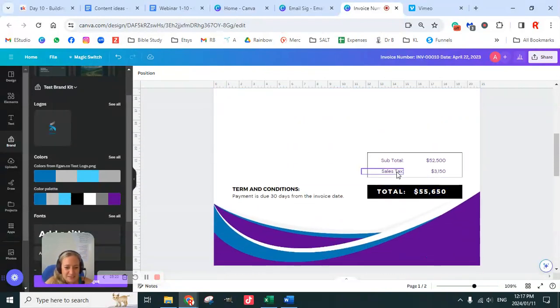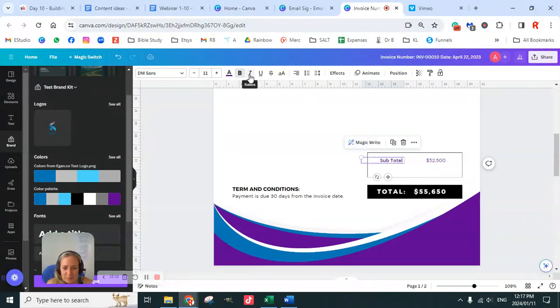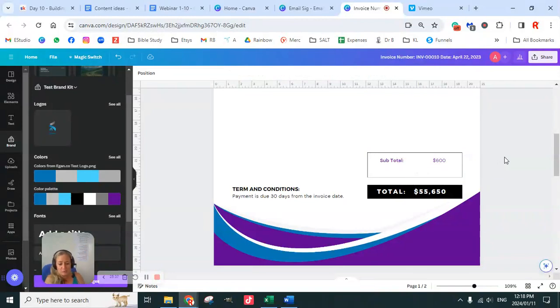And then obviously there will be no tax here, and subtotal I would probably make bold, and I would then just type in my 600. Now guys, for our specific products that we have in our digital courses, we've got only 4. So what would I do? I would copy this and I would actually make 4 different templates, and I would then go and say, this one is my $600